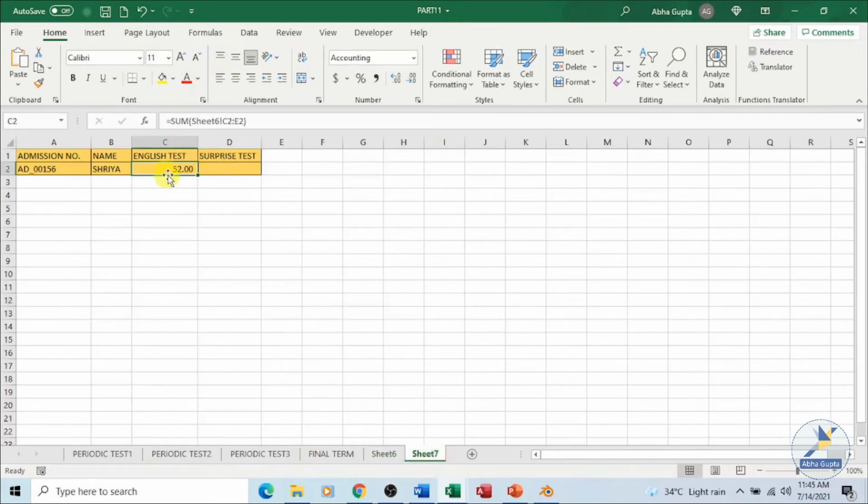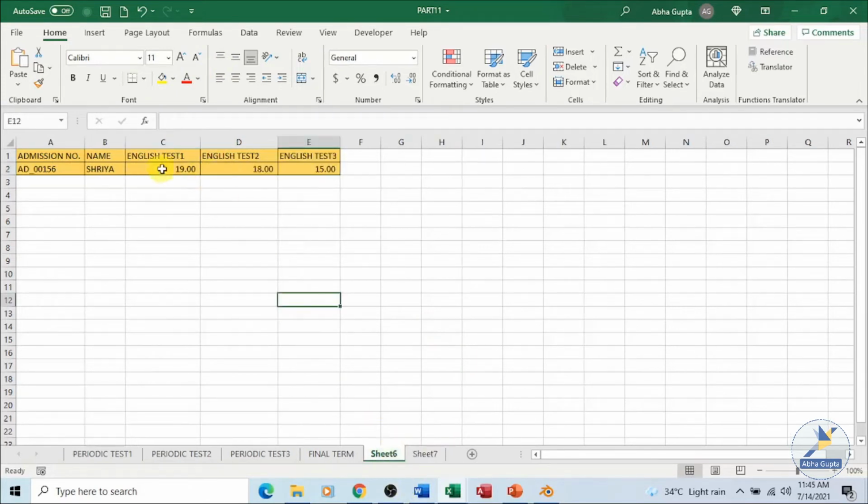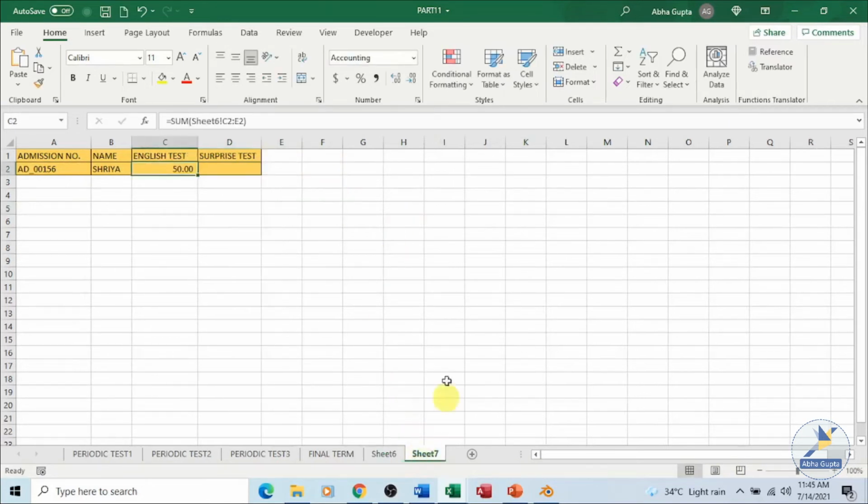Your answer is present over here. You can make changes over here, say 15 and say 20. That will be reflected on the sheet where your reference has been made. You can see the result.